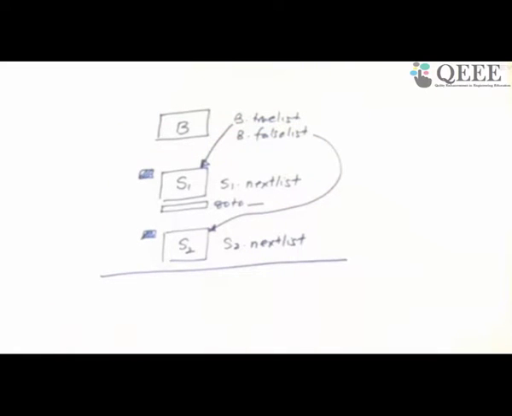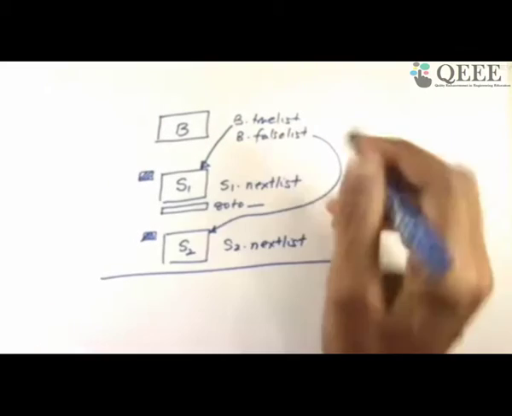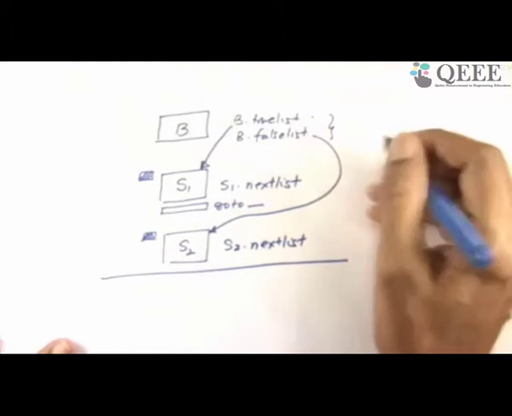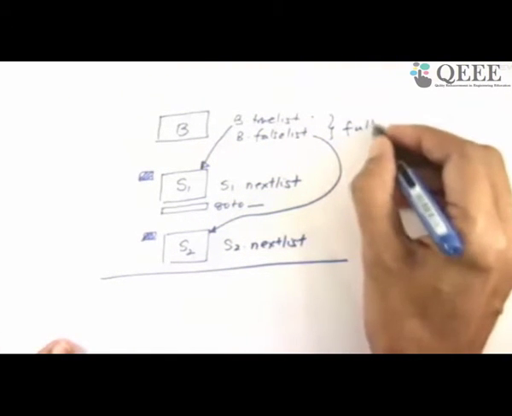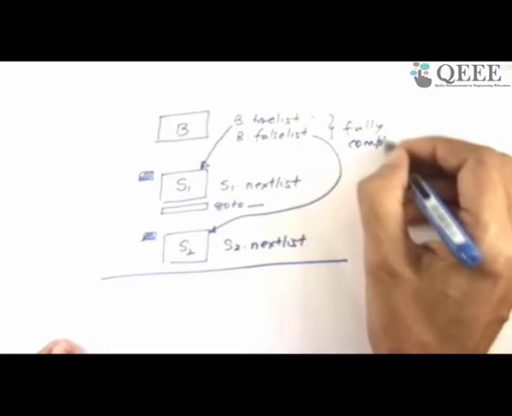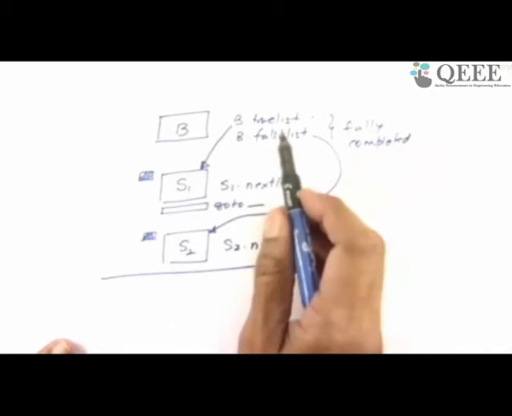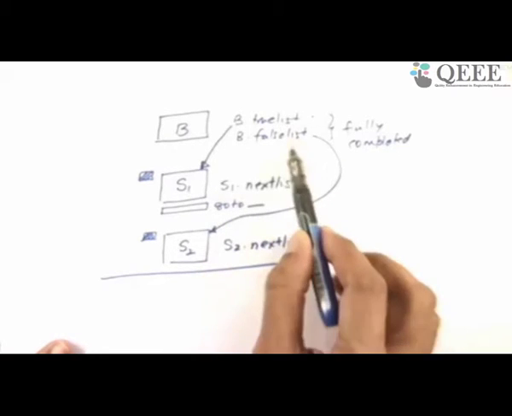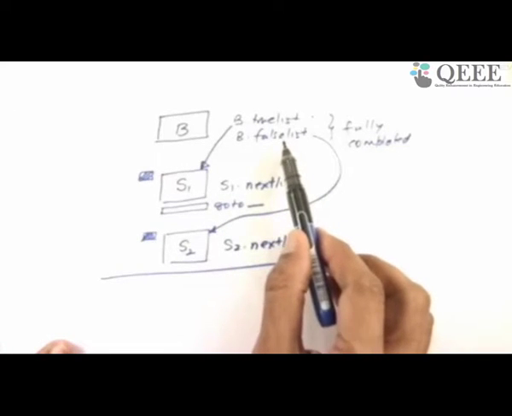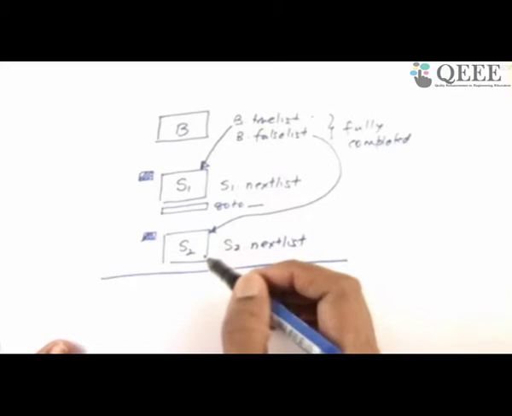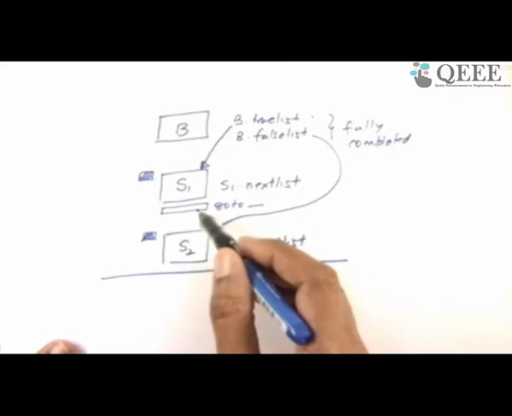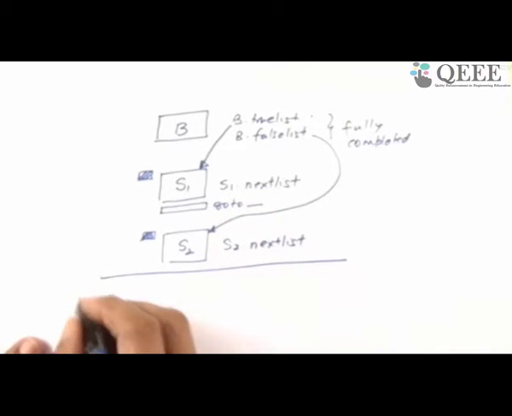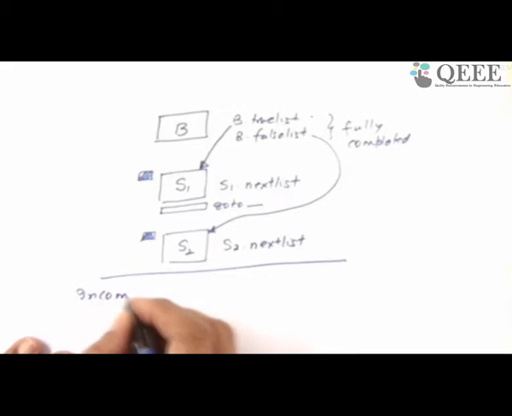Once you look at this, you observe that B.trueList and B.falseList will be fully completed. There will be nothing empty in B, because I know the destination when the expression is true, which is S1. I know the destination when the expression is false, which is this particular S2. I know that this is going to skip. So these will get fixed. What will be incomplete? This is what we have to fix now. After this becomes an if then else statement by virtue of this connection, what is incomplete?